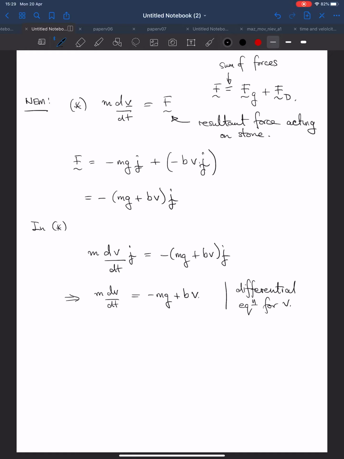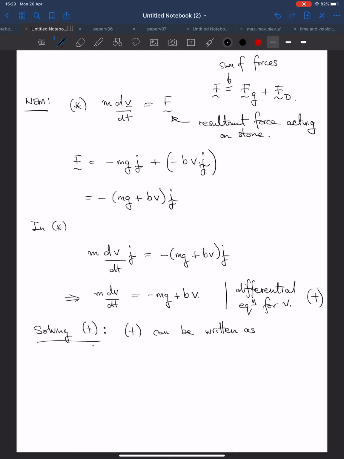So, solving. So this we'll call dagger. So now we'll partition this part up. So this is solving dagger. Now, we were asked to find velocity as a function of time. So this is what we're going to do now. So dagger can be written as